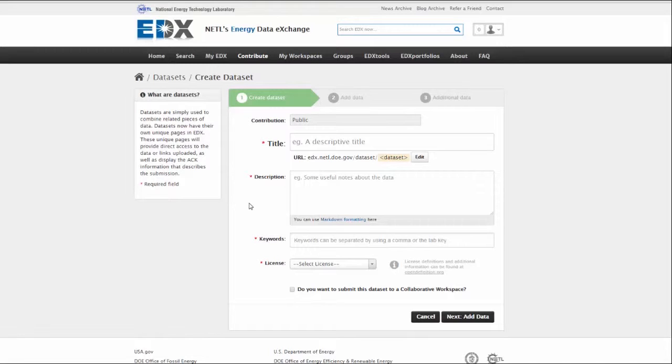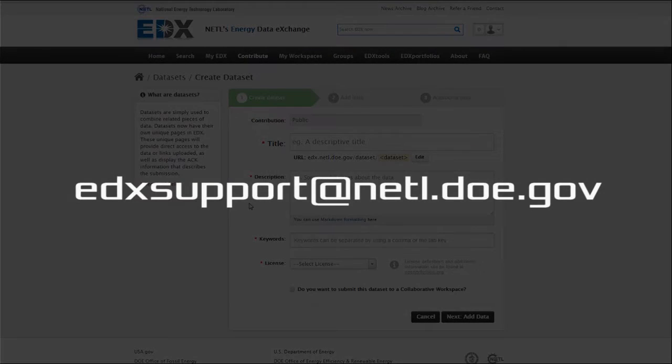However, EDX is an online system, and large contributions may encounter online bandwidth limitations that vary with different service providers and with the original file size itself. Zipping large data resources or data resource collections can sometimes resolve file size concerns. For contributions that remain large, we recommend contacting EDX support at